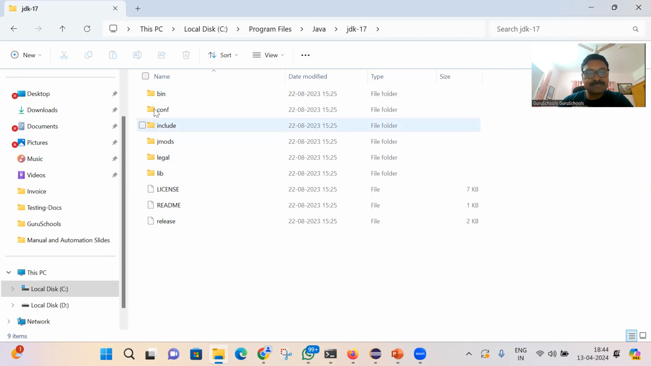Bin, lib, all those things are required for you to compile and run on your local system. You can compile and run on any of the operating systems. Since I'm using Windows, you can use Windows, you can use the Mac operating system, or Linux versions also. Any version is supported, but we need to download and install the appropriate operating system's JDK kit